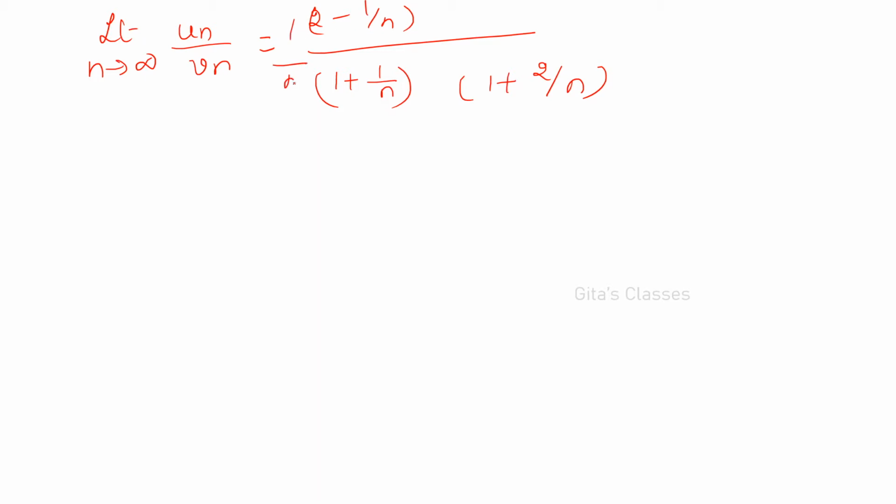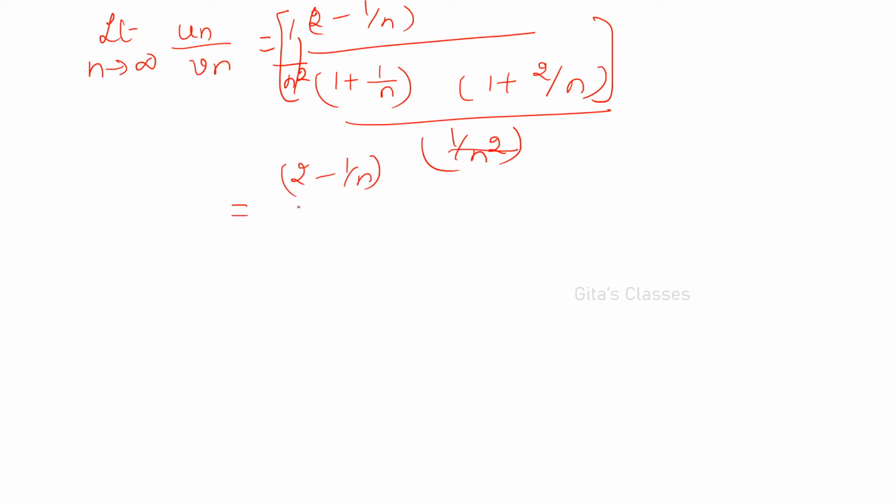This is our Un, the whole divided by 1 by n squared. This is our Vn. Limit n tends to infinity, Un by Vn, right? So this 1 by n squared and 1 by n squared will get cancelled. You will be getting 2 minus 1 by n, denominator 1 plus 1 by n into 1 plus 2 by n,